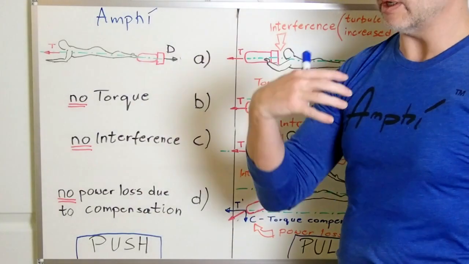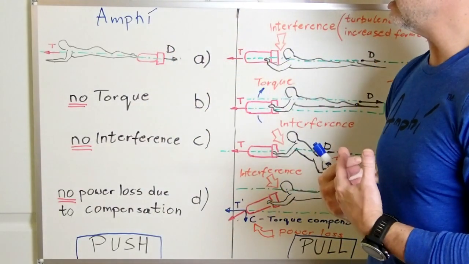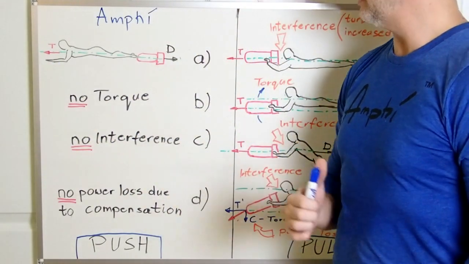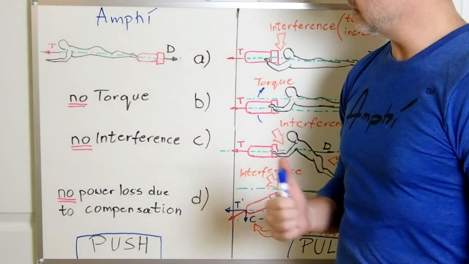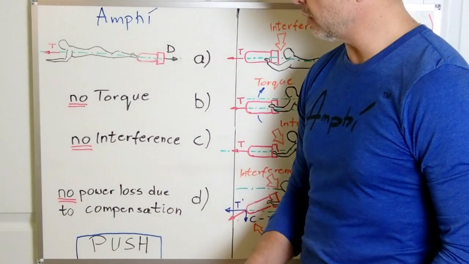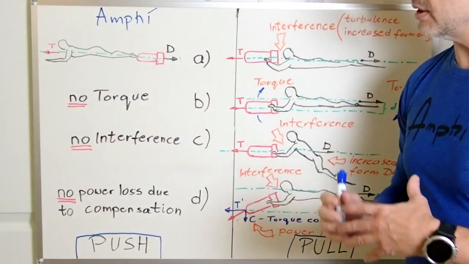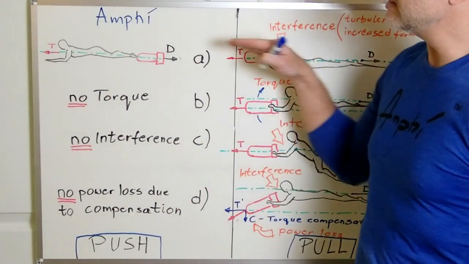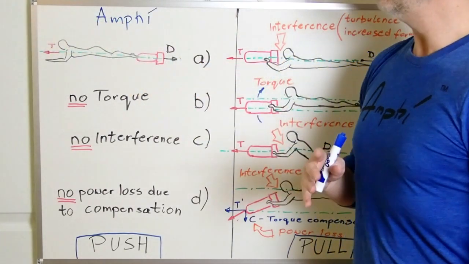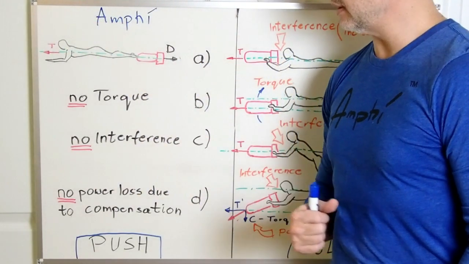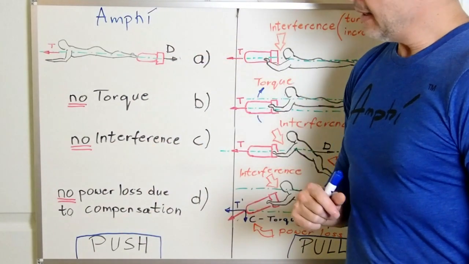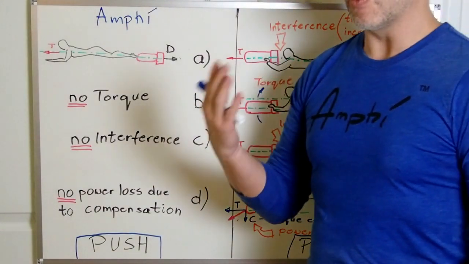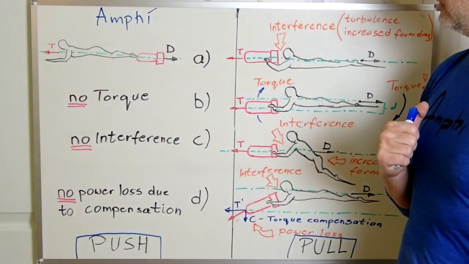So you're not hitting your body with the jet, and there is no turbulence, there is no increased velocity which is washing your body with increased speed. So no torque, no interference. There's also no power loss due to compensation, as we had here. So everything is focused on moving you forward. You don't have to pay any penalty. So in this configuration, we almost solved all the existing problems here, and there are more benefits to this configuration